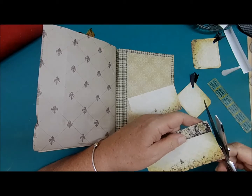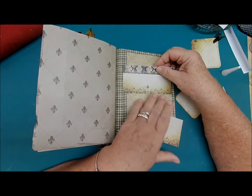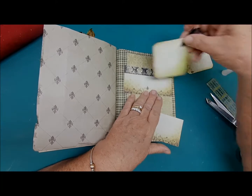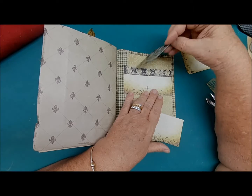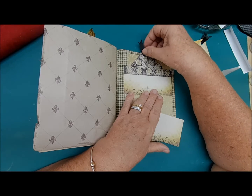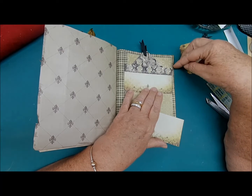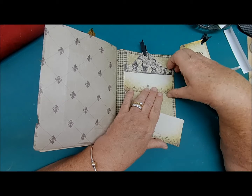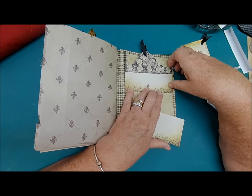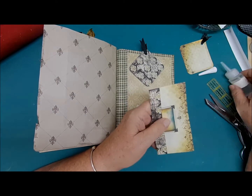This paper's a little off, so I'm going to just trim that. There we go. Now we need to get the right placement, right? So I think I like that way. Let's see. 1, 2, 3, 4, 5, 6, 7. That's right there. Alright, I'm just going to go just above there. And I'm just going to